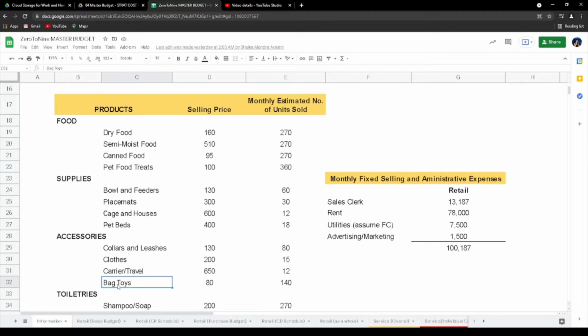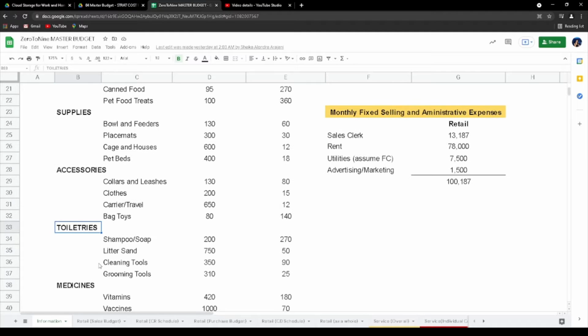Lastly, for bag toys, we have 80 as the selling price and 140 as the estimated number of units sold. Fourth category under product is the toiletries. We have here the shampoo or soap, detergent, cleaning tools, and grooming tools. First is the shampoo or soap, with a selling price of 200 and the monthly estimated number of units sold is 270. Second is the detergent with 750 as the selling price and 50 as the monthly number of units